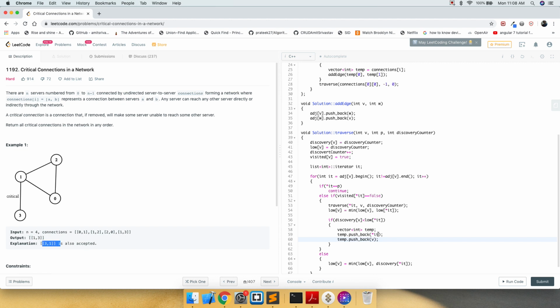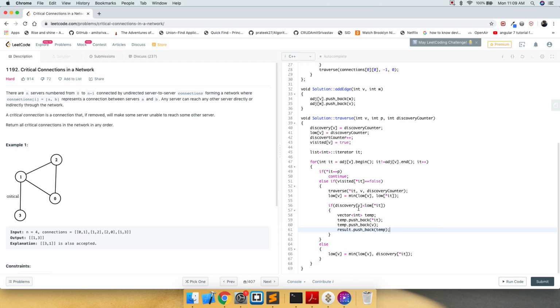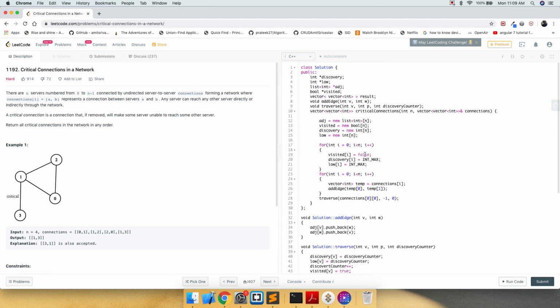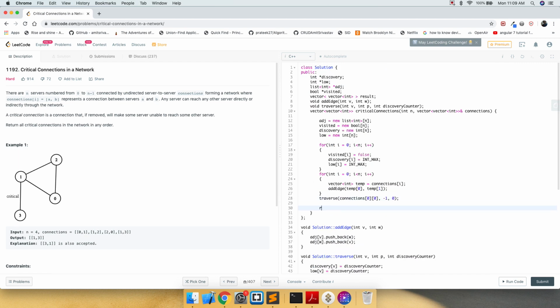So it doesn't matter which vertex goes first. Order doesn't matter here. Once we do that, we put it in our result: result dot push_back temp. Here it is.